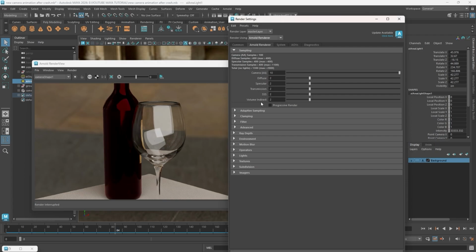Transmission is like the previous setting. It's light affecting through, let's say, a glass. And that's also a setting for SSS and volume indirect. It basically means the same thing. Now, obviously, when you look through them, when you have the renderer running,